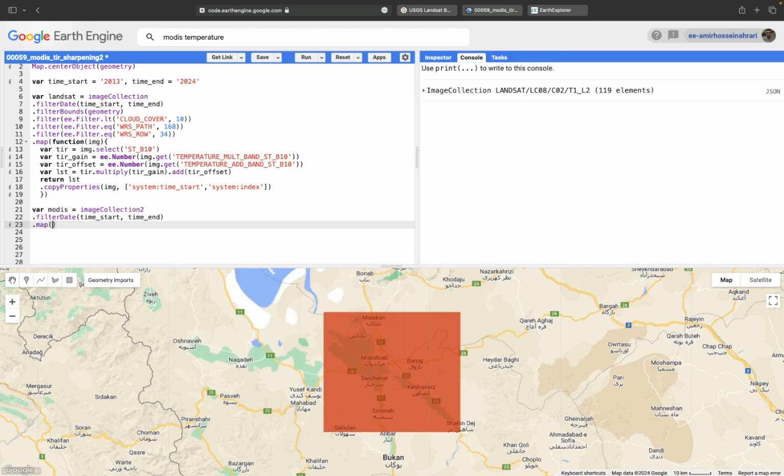To make a function, use the map, and also to make a loop, we're using the map, and then throw a function on each input image from MODIS data named as an IMG, and now make a new variable as TIR, or the LST. LST equals, from each input image, select LST day